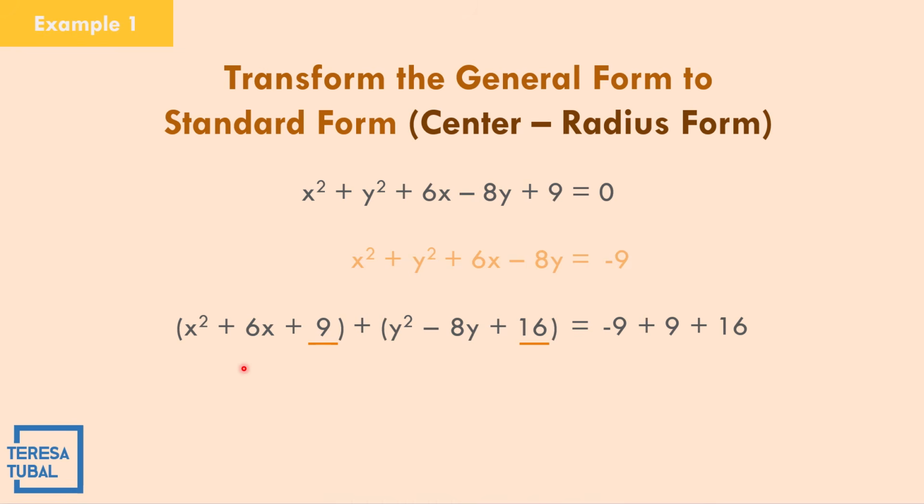So let us get the factored form of x squared plus 6x plus 9. So that becomes square root of x squared is x. Copy the sign, that is plus. Square root of 9 is equal to 3, and then square. Plus, square root of y squared is y. Copy the sign of b, minus. Square root of 16 is equal to 4, and then squared. Negative 9 plus negative 9, 0, and then 16. So, equals 16. So, the final answer for this given is the quantity x plus 3 squared plus the quantity y minus 4 squared is equal to 16.